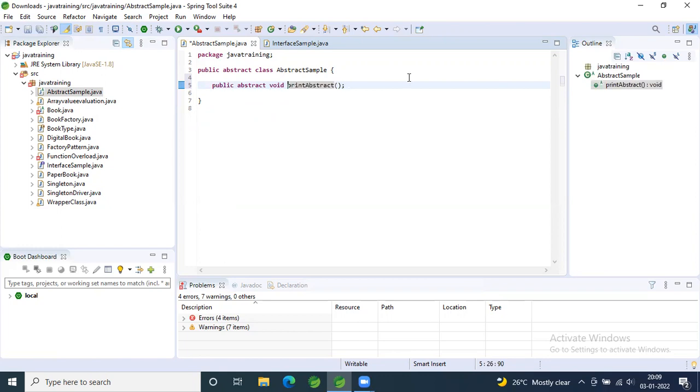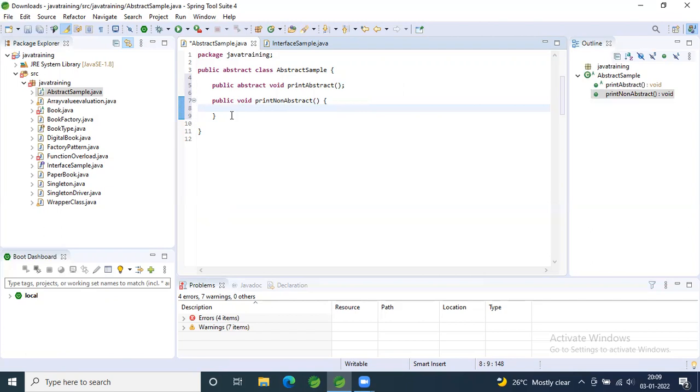Okay. Now create one more method, but don't add the keyword abstract before that. Public void print non-abstract. Just have it. And now, is it fine to just give a semicolon for this?